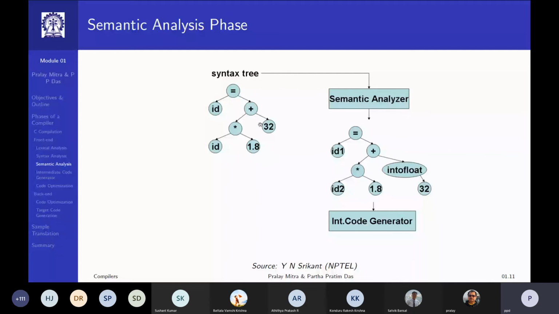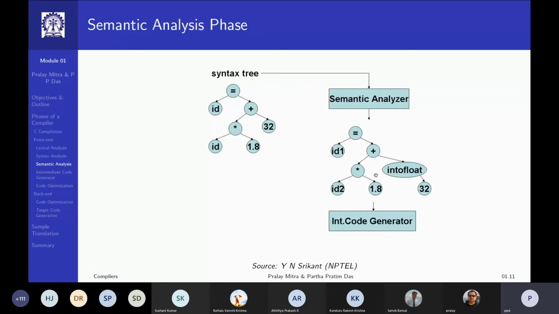Implicit conversion, you had heard of it in C programming. Now this is where it is going to take place. So you know that the given constant is 32, an integer constant, and your required constant is a floating point constant. So you will need to put another operator here, which is a unary operator, which takes 32 and gives you 32.0. It takes an integer constant and gives you a floating point constant. So after that, this addition will be possible.